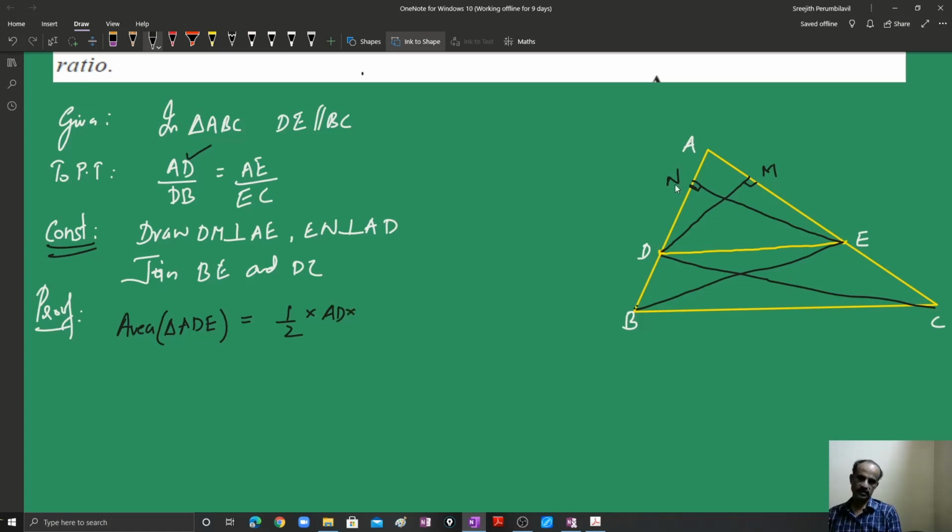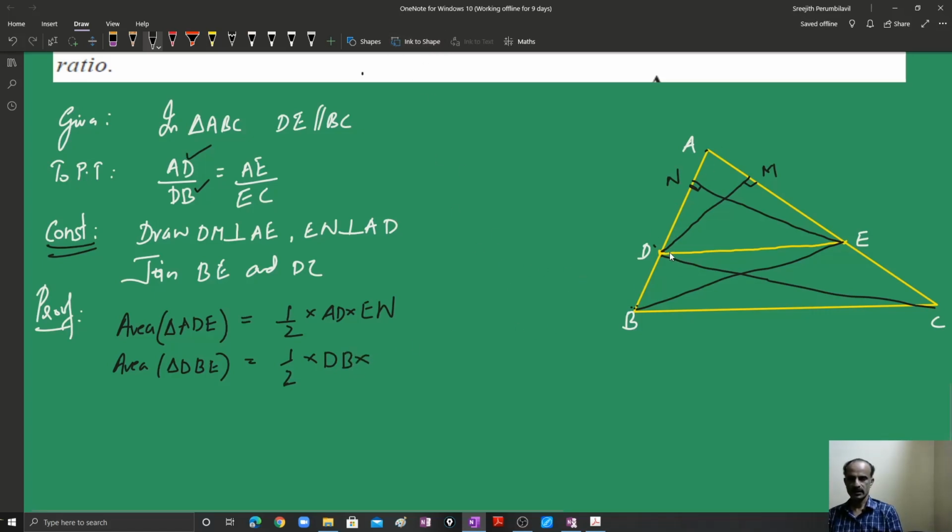AD is the base, so this is the height, EN. Next step: is there any triangle with DB as base? DBE is a triangle with DB as base. I am writing the area of triangle DBE. What is that? Half into the base. DB is the base, DB into